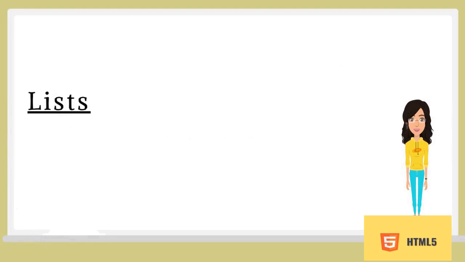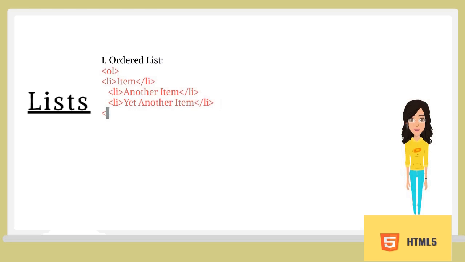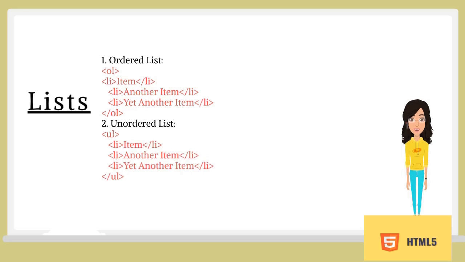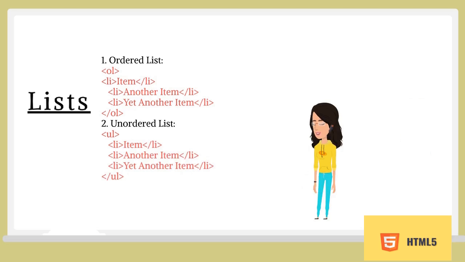HTML offers three ways of specifying a list: ordered list, unordered list, and description list. An ordered list uses a sequence to indicate the order of list elements. An unordered list uses a defined symbol such as a bullet for list elements that have no designated order. And a description list uses indentation to list elements with their children. This topic explains the implementation and combination of these lists in the HTML markup language.